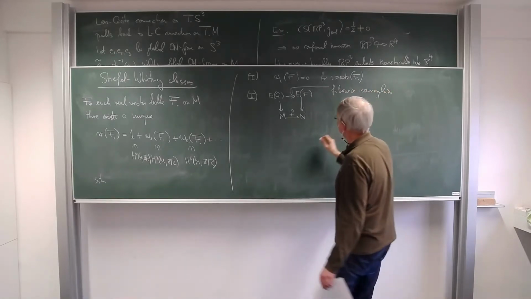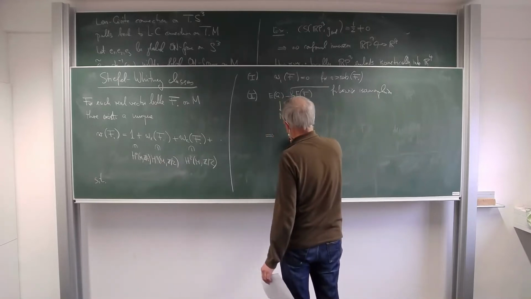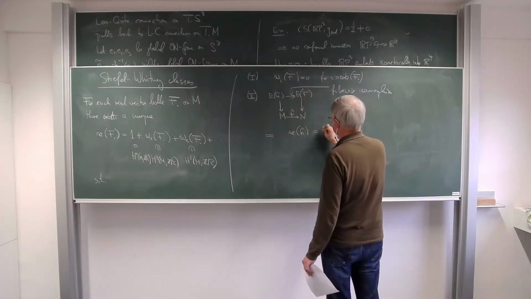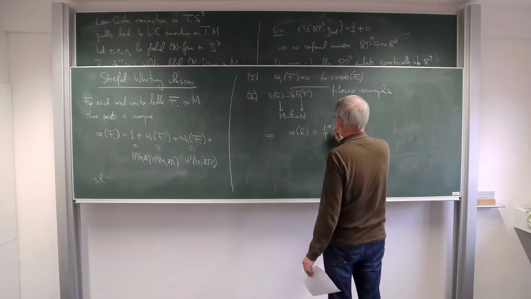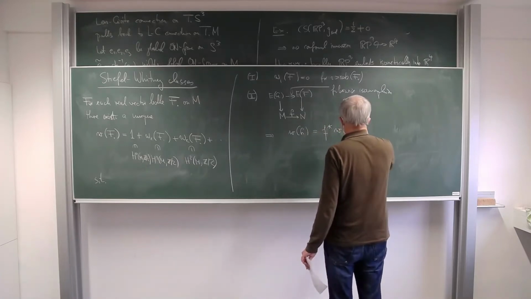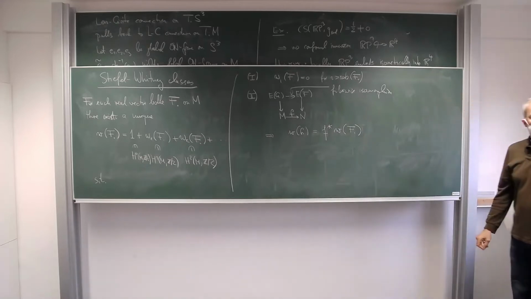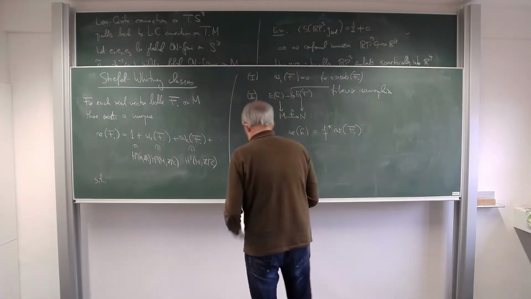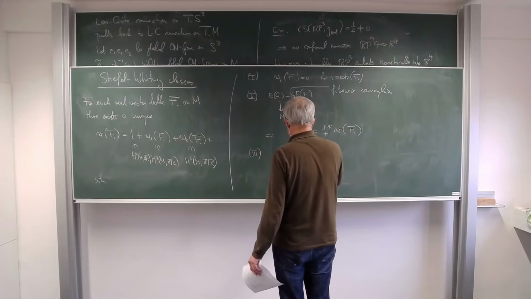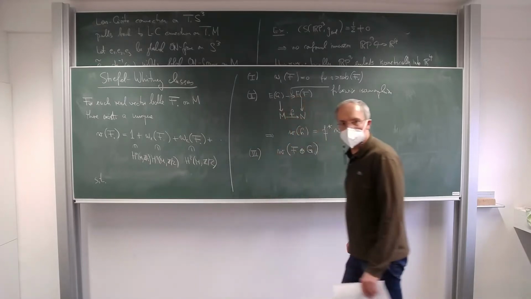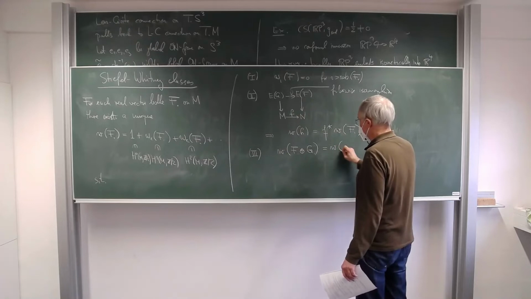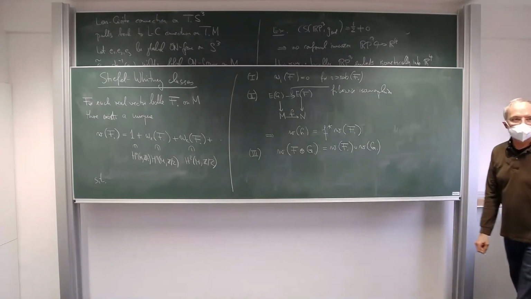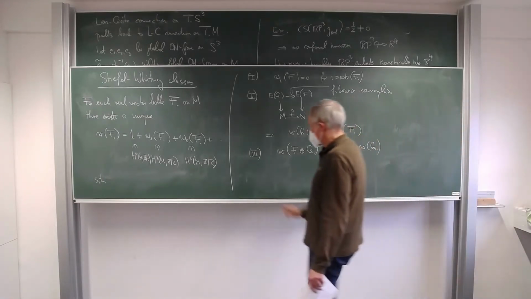If you have that, then the Stiefel-Whitney class of G can be obtained by pulling back, along the base map, the Stiefel-Whitney class of F. Thirdly, we have a formula for the sum of 2 bundles over the same base manifold. This is also familiar, just as for Chern classes. And the last one